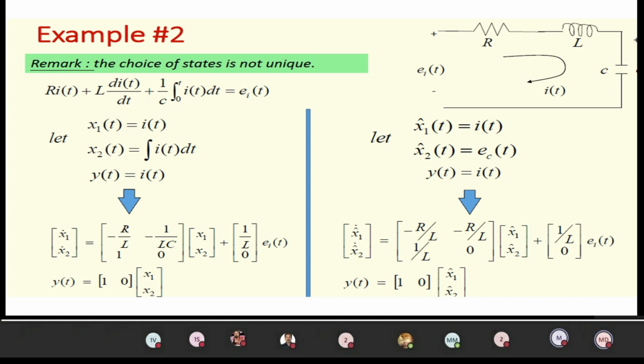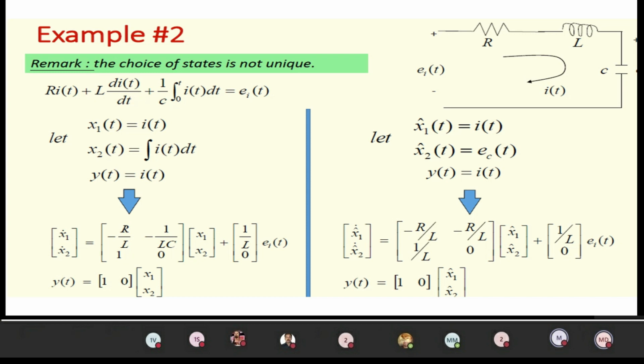If you have three differentiations, then you have to assign three state variables. So c, c dot, c double dot will be x1, x2, x3. Then you substitute that into the equation and you will get the relevant equations: x1 dot is equal to x2, x2 dot is equal to x3, x3 dot is equal to minus 24 into x1, minus 26 into x2, minus 9 into x3, plus 24 into r. So those will be the equations.